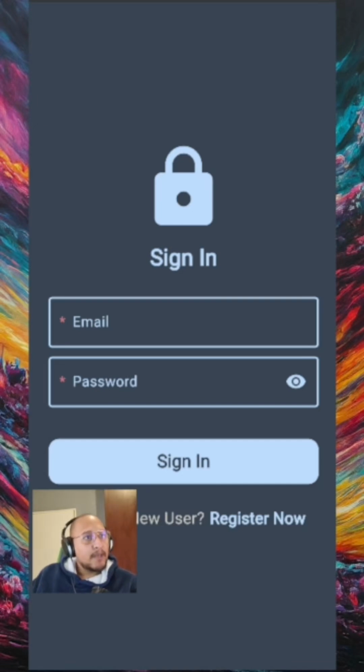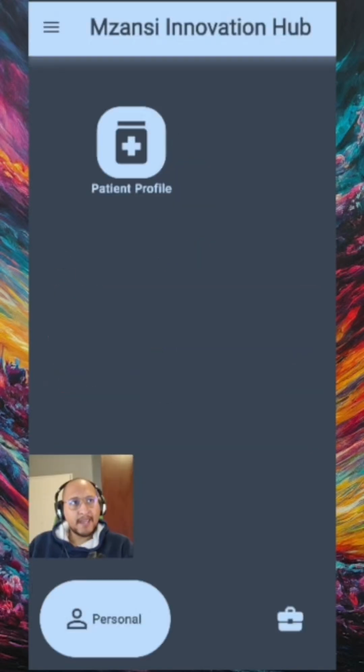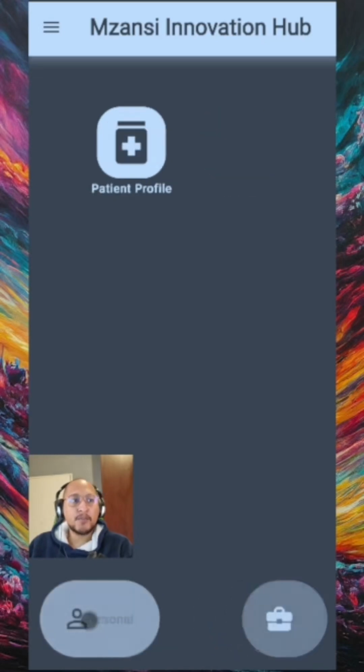Now let's check out the app. This is the login page, the login screen of the application. You can either just sign in if you're already registered or click on register now if you are a new user. Let me just sign in quickly. So in the application itself, you can either be just a personal user or both a personal and business user. So you can see at the bottom there's a little toggle to switch from your personal profile